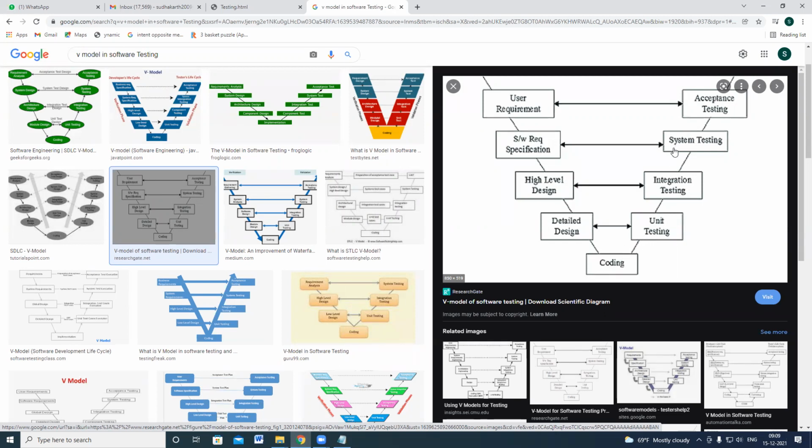Actual testing starts once you receive the coding. Once the coding part has been completed, you start all these testings: unit testing, integration testing, system testing, acceptance testing. Before that, you are writing test scenarios and test cases. The system is supposed to work like this, and you identify the list of scenarios and prepare them.